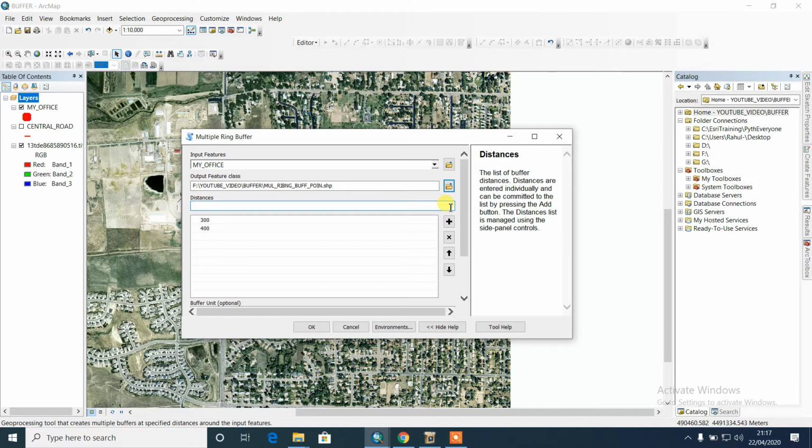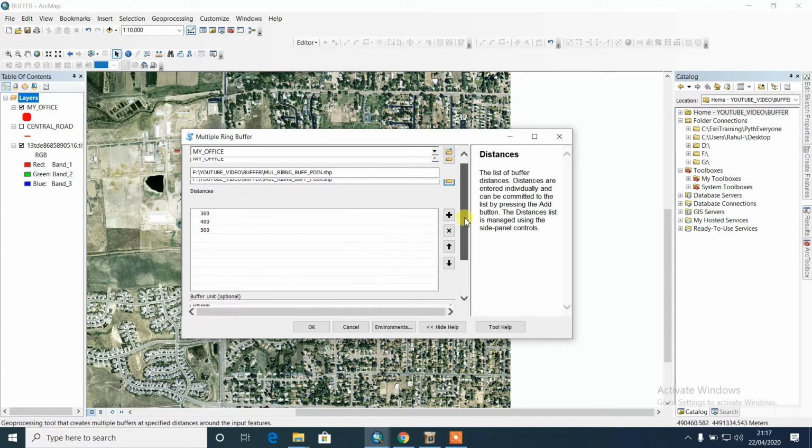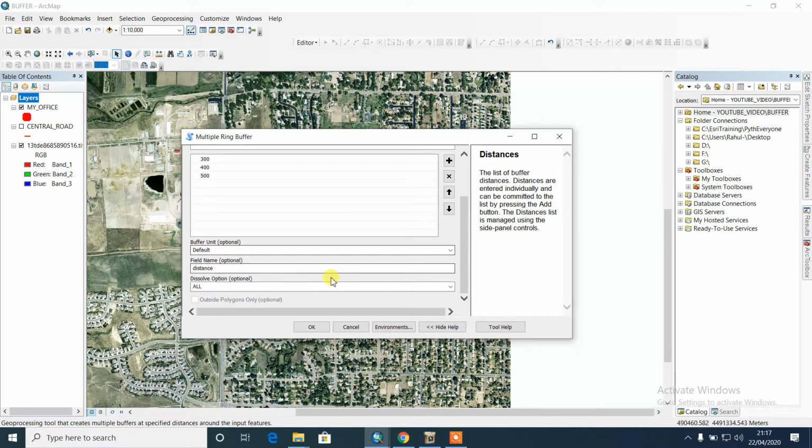Again you want to add another 100 meters, that means up to 500, which is his limit of a 500-meter area. So this is another 500, total 500. Add it.